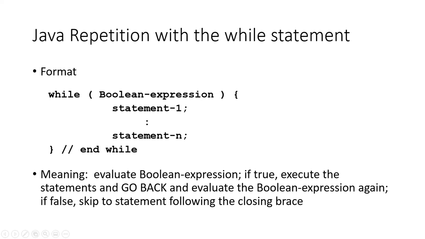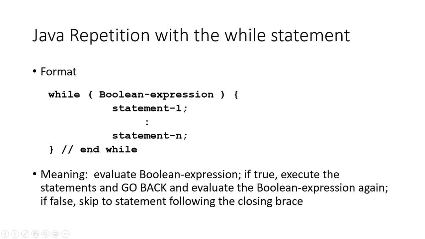Now the big difference, though, there's a huge difference in the meaning of a while statement as opposed to an if statement. If this was an if statement, if the expression is true, I do the block once and move on. If the expression is false, I skip the block and move on. But either way, I'm only doing it once. The while statement, the meaning is, when I first hit the while statement, I go and evaluate the Boolean expression. Is it true or false? If it's true, I execute the statements that are inside the braces,